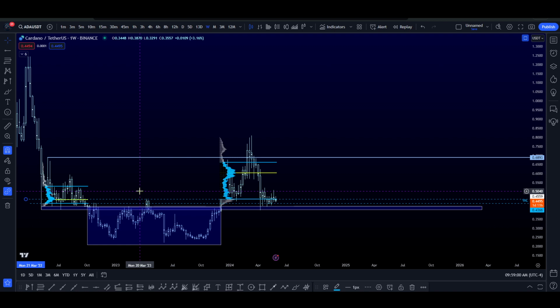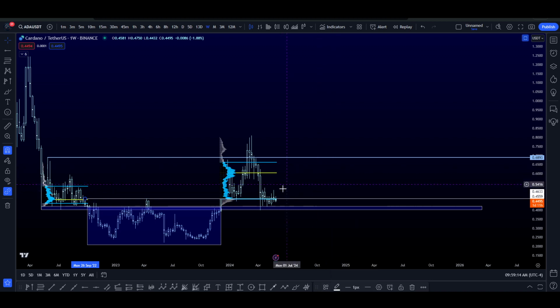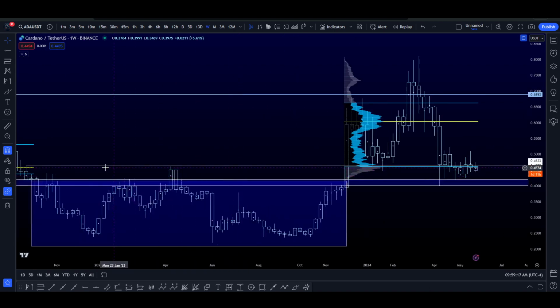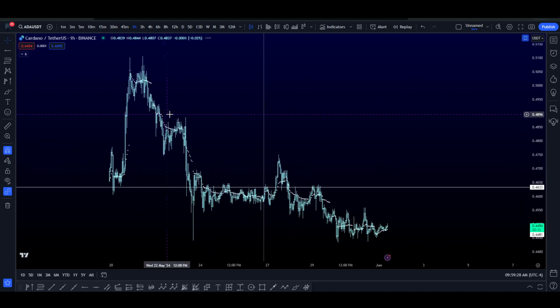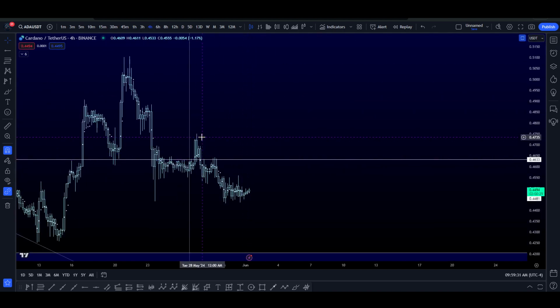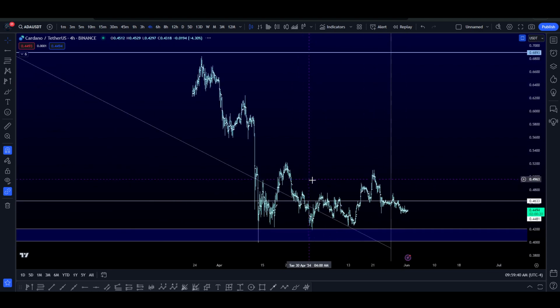We flipped 46 cents into support, and now the probabilities of moving higher to tap this 69 cents range increases a whole lot. Okay, and as you can see, what I'm doing is I'm marking this line from the last pivot high right above this point of control, which is also right above the value area low. And if I zoom in, you'll see exactly what's going on here, right? So resistance, resistance, try to break above, failed it, resistance. So we really want to be trading above at least 47 cents.